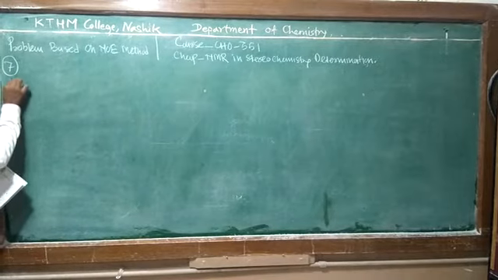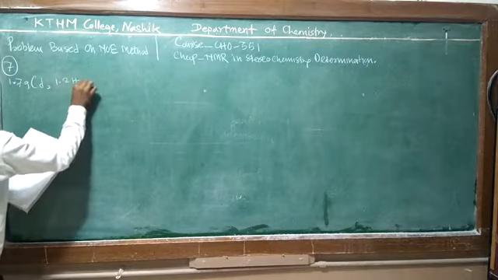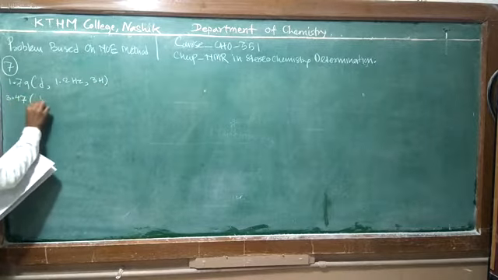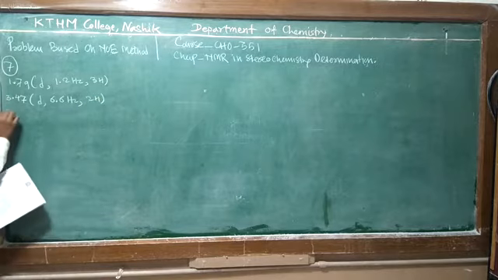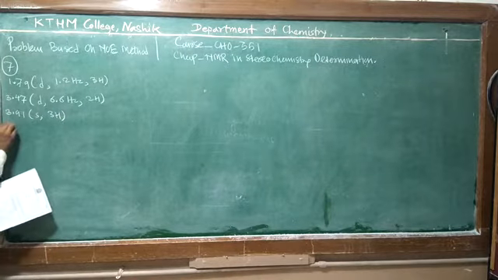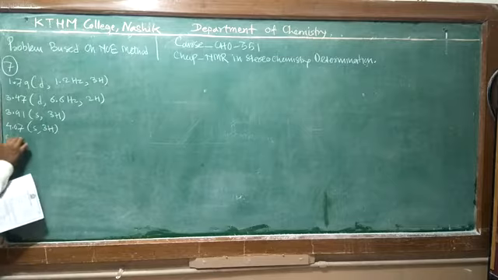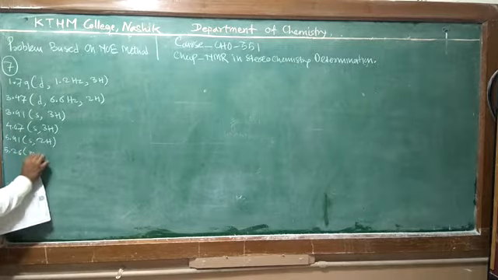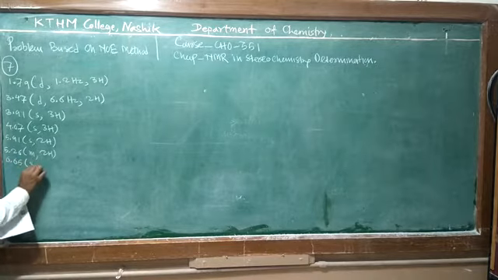I write here the NMR signals: 1.79 doublet, 1.2 hertz, for 3 protons; 3.47 doublet, 6.6 hertz, for 2 protons; then 3.91 singlet, 3 protons; 4.07 singlet, 3 protons; 5.91 singlet, 2 protons; 5.26 multiplet for 2 protons; and 6.65 singlet for 1 proton.